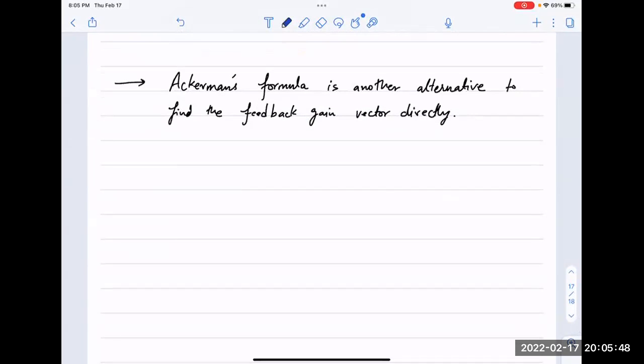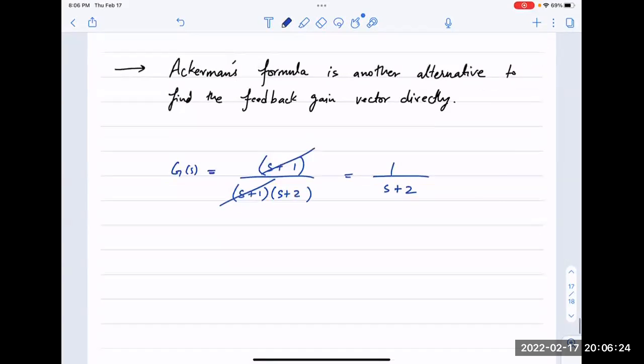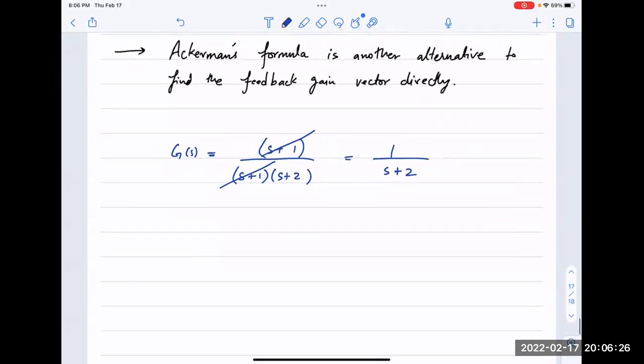Let's say your transfer function G(s) is (s+1)/(s+2)... Now somebody just deleted one part of it, kicked it out, and said the transfer function is s plus 2, which is maybe a minimal representation, but it does not capture the complete picture. However, the characteristic polynomial,